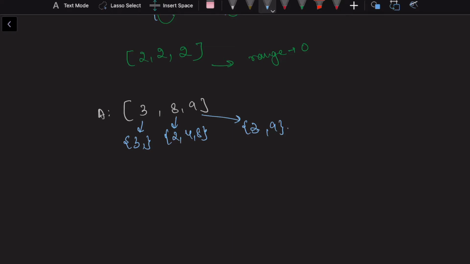To form the minimum range array, I'll just pick 3, 2 and 3. So my array will look something like 3, 2, 3. The difference between the maximum and the minimum is 1, so I'll return 1. There is no other possible solution which results in a range lower than 1.